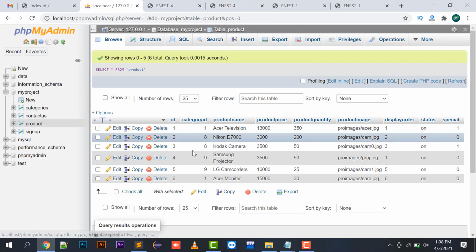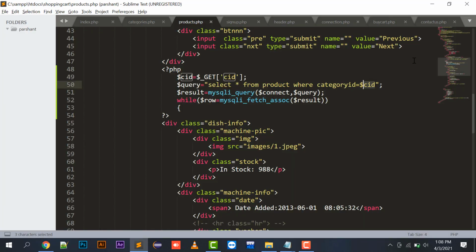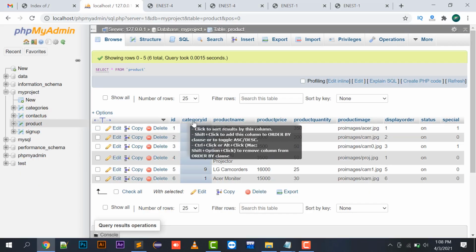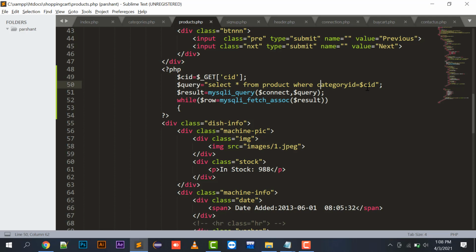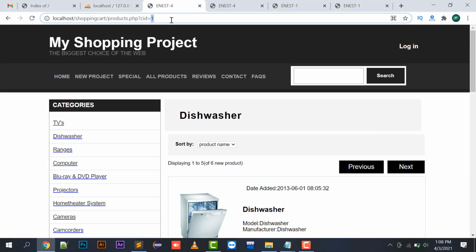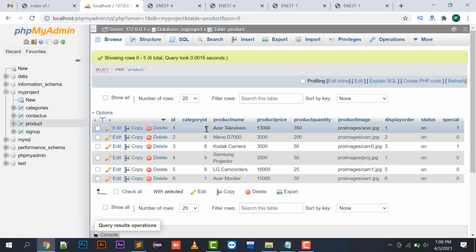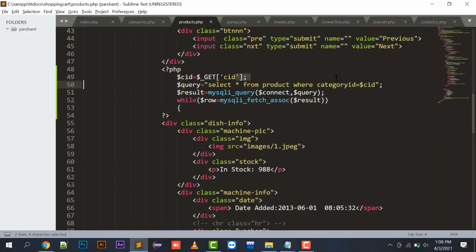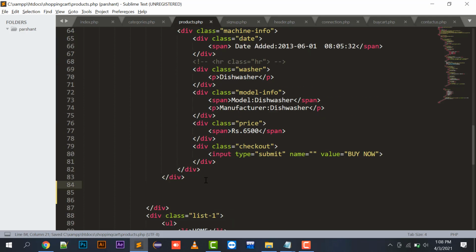It will fetch the products where the product category ID equals CID. Right now CID is 1, so it will fetch only these two products, because both have the category ID as 1. And where the div ends, I will close my loop.